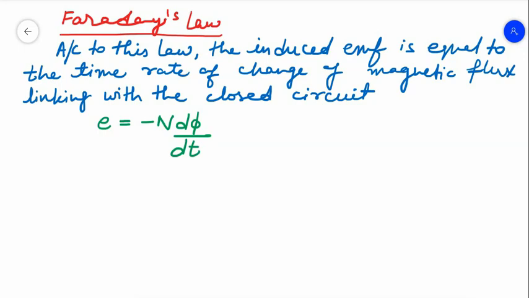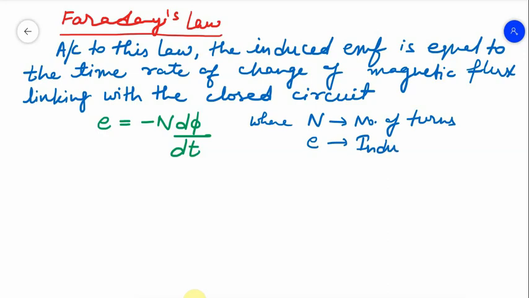Okay, and if there are N number of turns of the circuit or coil, then N is there, capital N. Okay, and this minus sign indicates that the direction of induced EMF is such that it opposes the original field. Okay, so where N is the number of turns, and E is the induced EMF,